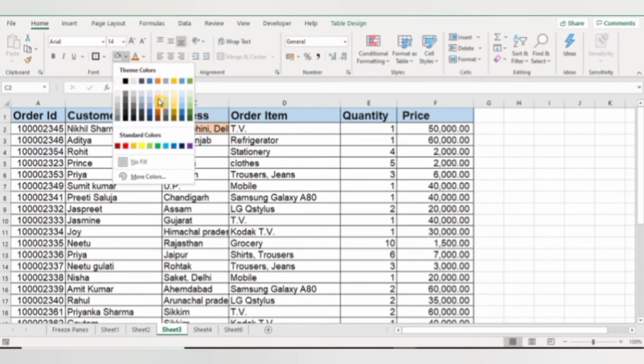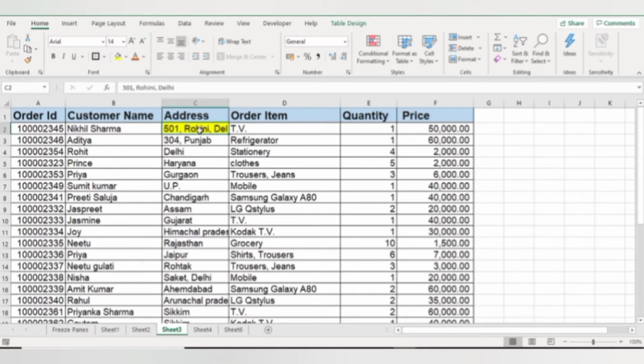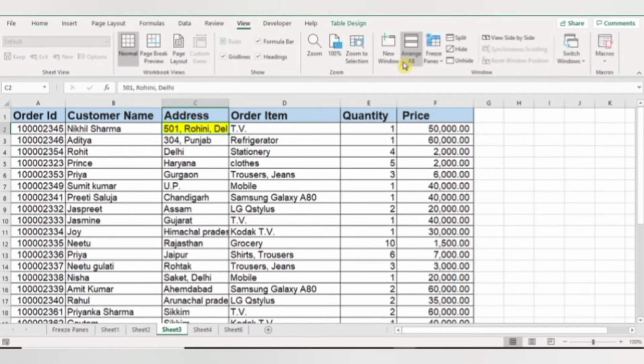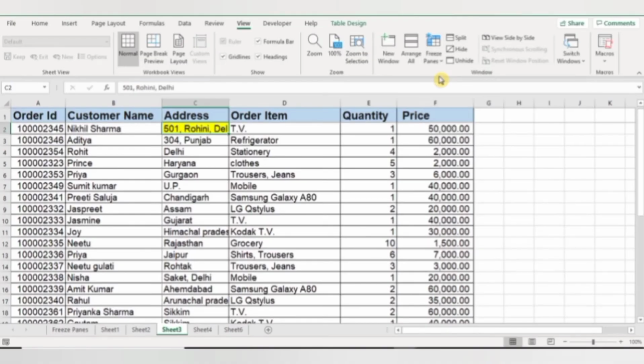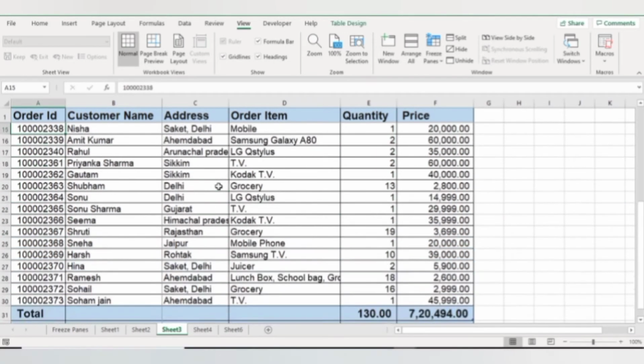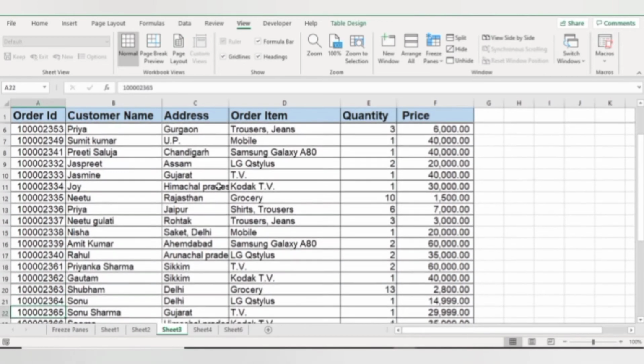So for this I am highlighting my C2 cell, because here I want to freeze my top row, that is row number 1, and I want to freeze my first two columns, that is column A and column B. So that is why I am putting my cursor here in the C2 cell, and then again I will go to the View tab and from here I will select Freeze Panes. Simply click on it. Now your first two columns are frozen, and if I scroll down my first row is also frozen.